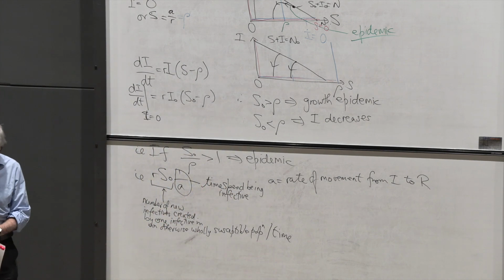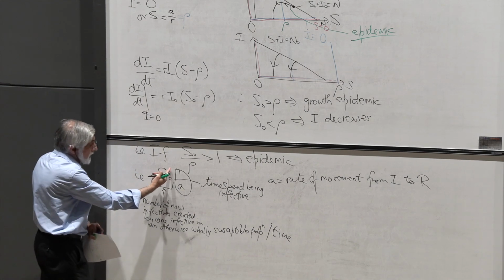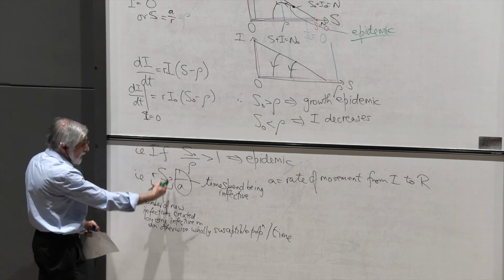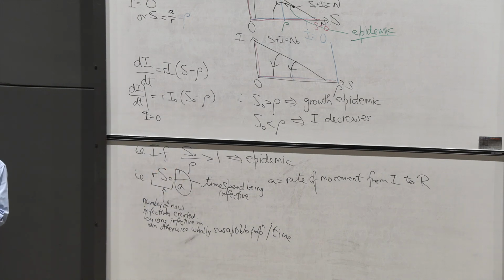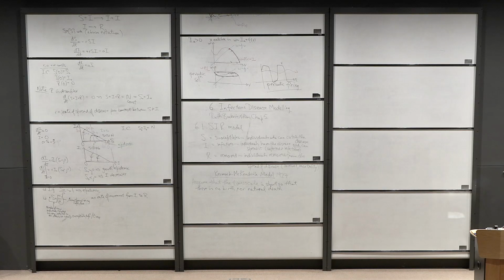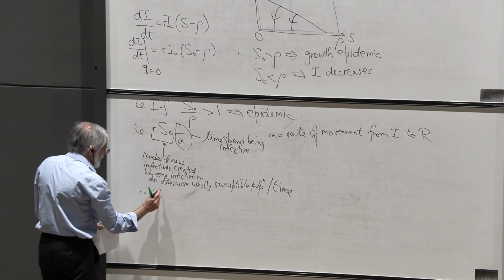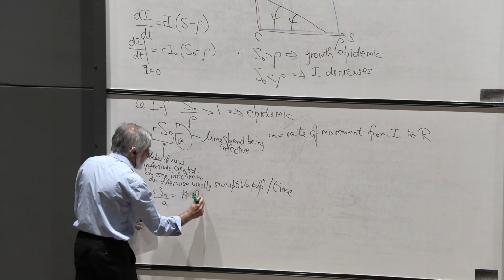Because if A is the rate at which you move, then 1 over A is the time spent. And so now you see, if this is the rate of new infecteds created per unit time, you multiply that by the time you spend being infected, this whole term gives you the number of new infecteds one infective created. Okay? So, therefore, RS naught over A is